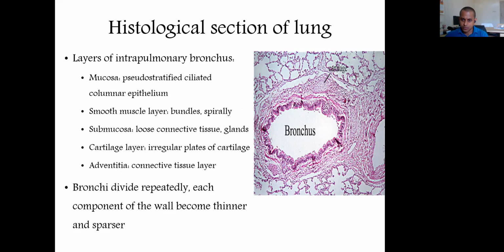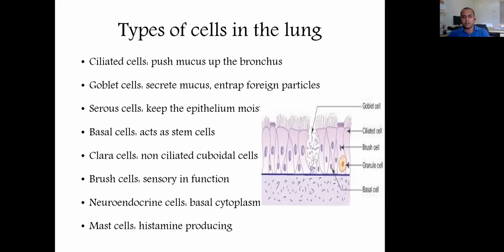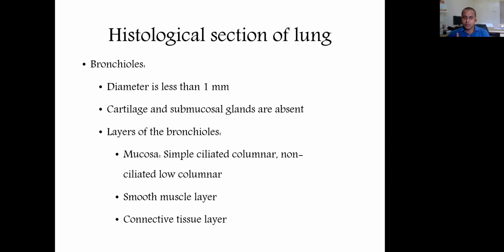You can see here the smooth muscle layers are present. And submucosa has the glands within them. And the cartilage is the prominent feature, which is the irregular plates. So these broken plates of cartilage, you can see. This is present in bronchus, and the rest of the part outside will be adventitia. This bronchus divides repeatedly till the wall becomes thinner. Okay, so how thin you may expect it to be: less than 1 mm